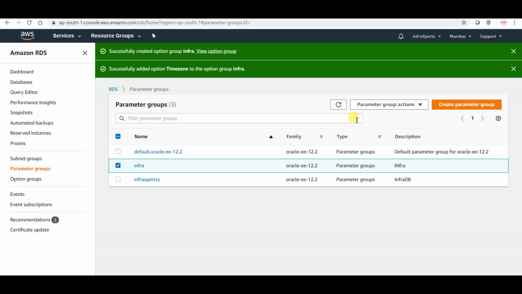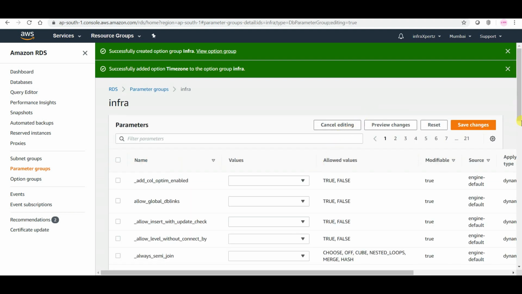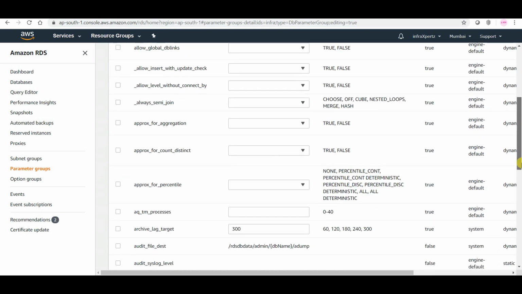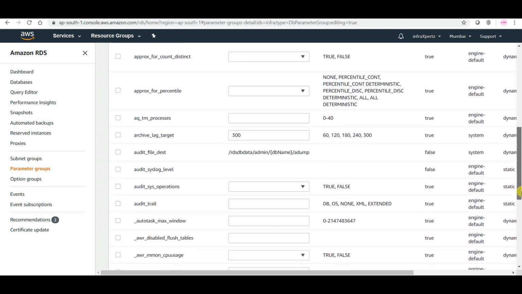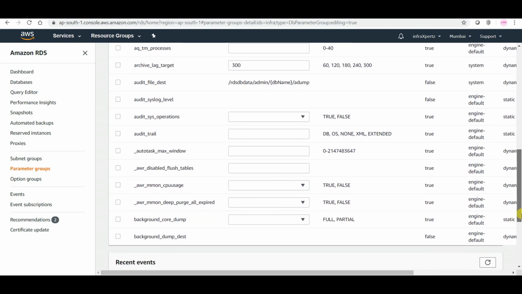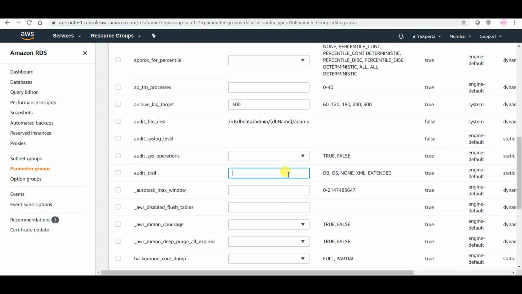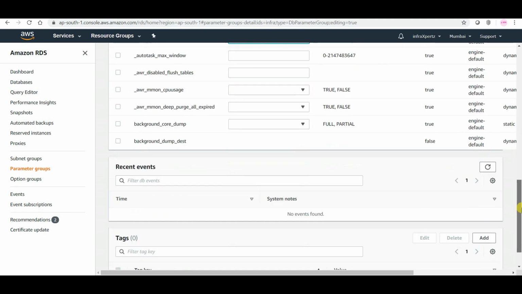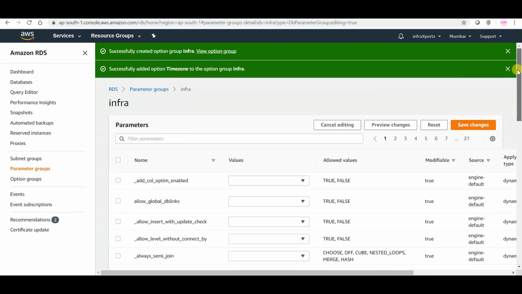So the group is created. Let us edit our parameter group. From here, let us set the audit trail as OS level, and save changes. So the changes have been saved.